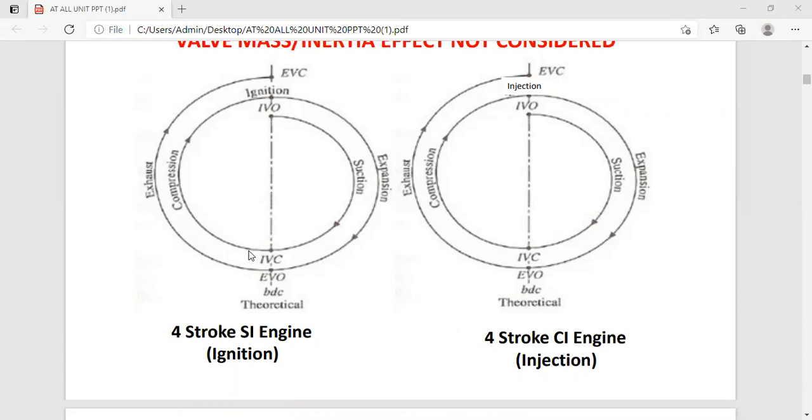While representing, suppose this is the slow speed engine we are considering. In case of the high speed engine, as we have discussed, what is a slow speed engine, medium speed engine and high speed engine. So in case of the high speed engine, the inlet valve opens 10 degrees before TDC and it closes 50 degrees after. So see, this point goes to 50 degrees. So this point shifted towards 50 degrees after BDC.